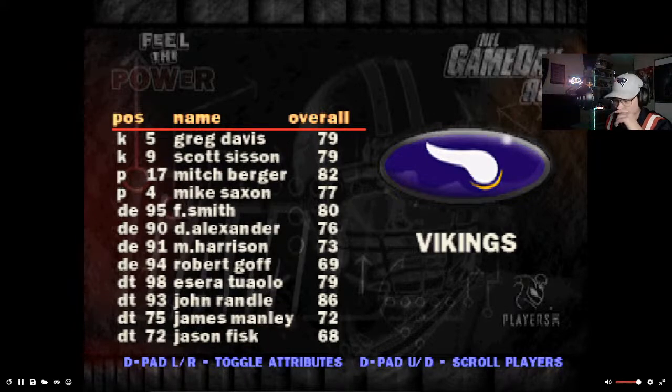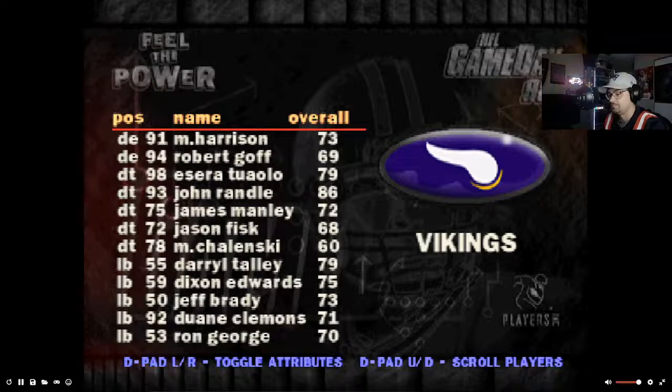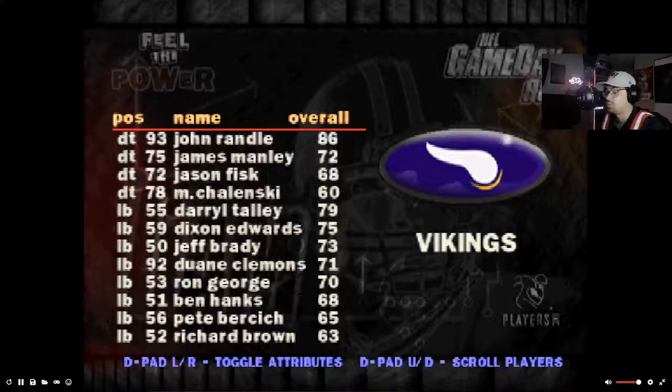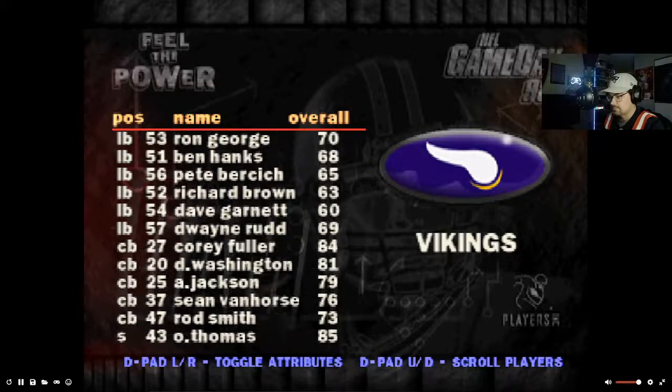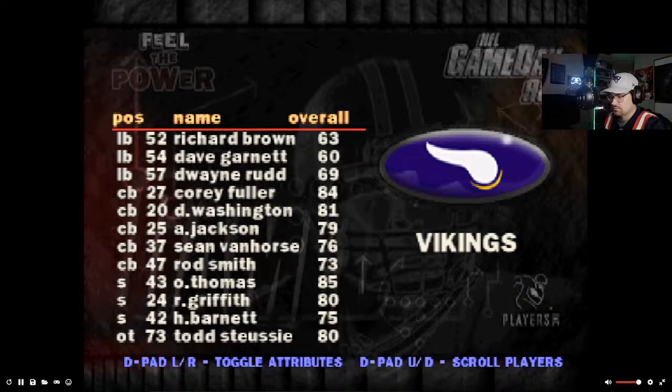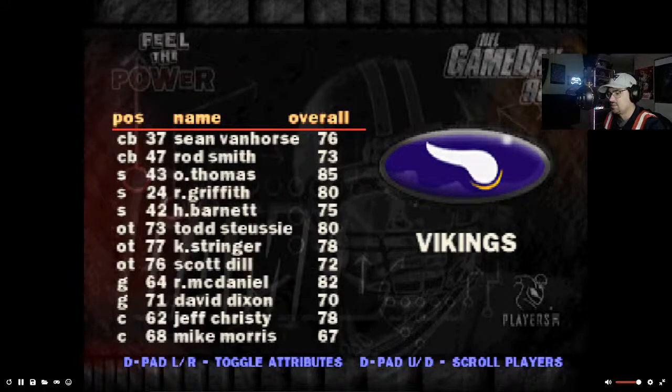John Randle's on this team. John Randle is a Hall of Fame undrafted player. He's one of the best players to ever play the game, and as far as being undrafted goes, nobody took a chance on him, and he ended up being a Hall of Famer. Really good player. Not a lot of big time names. So I think this is, like I said, this team.